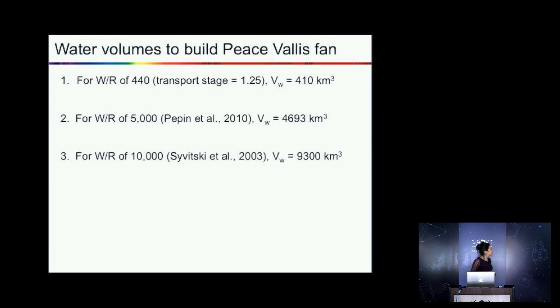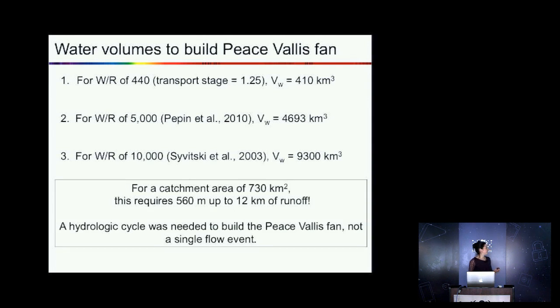cubic kilometers of water. And so when you take the catchment area of Peace Vallis, which is about 730 square kilometers, and divide that by these volumes, you would need anywhere from 500 meters to 12 kilometers of runoff. And so you definitely need, if this is how much water it took, you would need a hydrologic cycle to